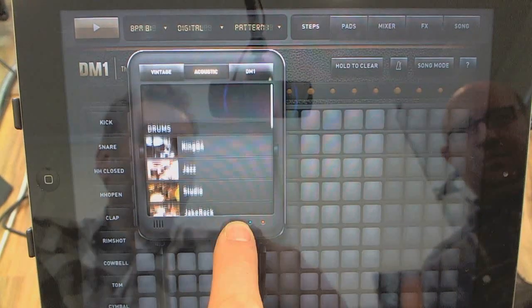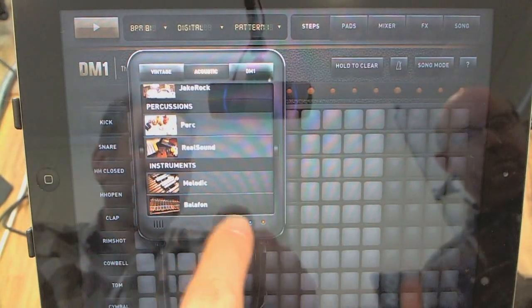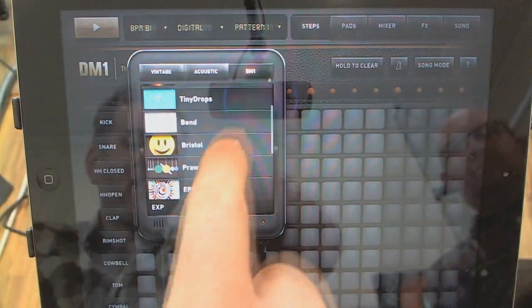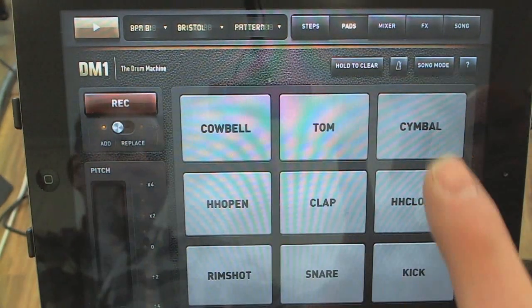But it's got acoustic drum kits as well, which sound quite nice. And some melodic, sort of like balafon. And also, one thing that I particularly like with this, look, it's got a Bristol patch. The sound of Bristol. So what does Bristol sound like then, Gaz? Let's have a listen. So, if I call up my pads here, you see, we've got